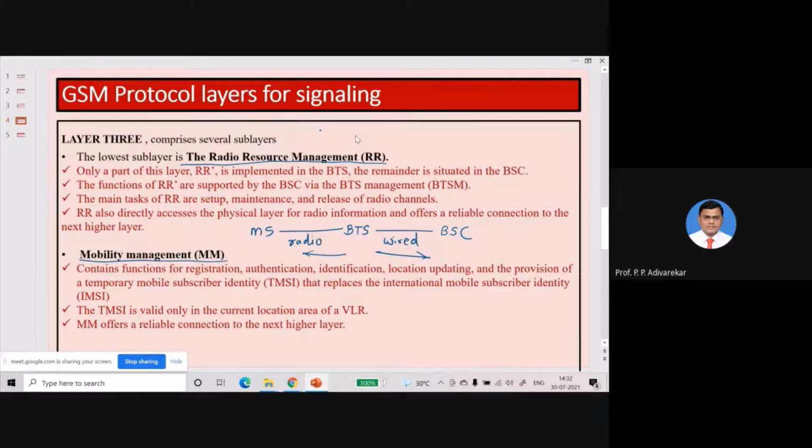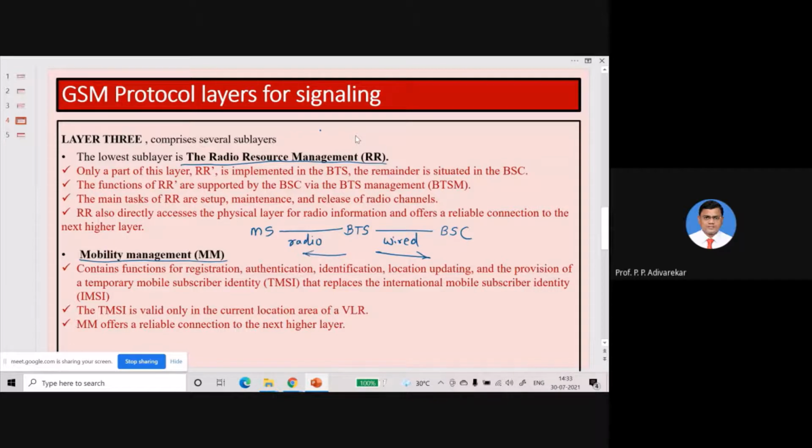Okay, so during an ongoing call, suppose users may roam around at different places, whether those places are at a shorter distance or at a longer distance, because we know that a user may be traveling by car or by train or by any vehicle, or maybe it is moving. So while users are moving, maintaining this call is a difficult task, and that is managed by the mobility management layer.